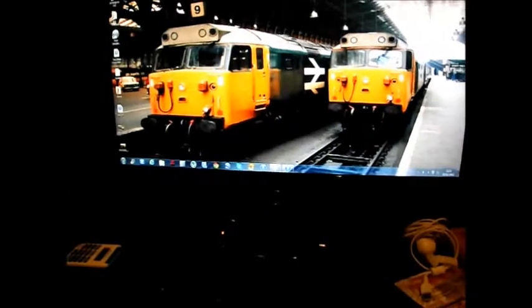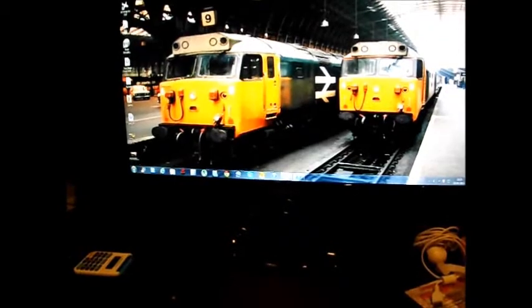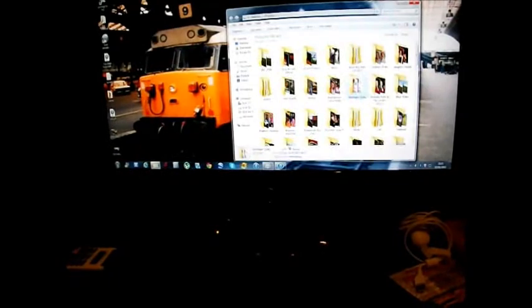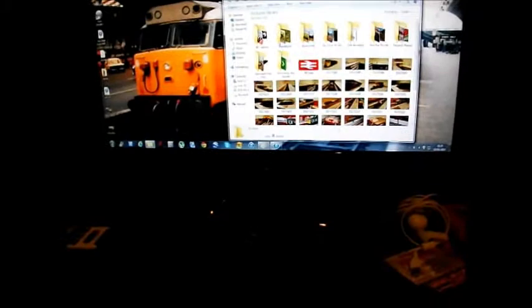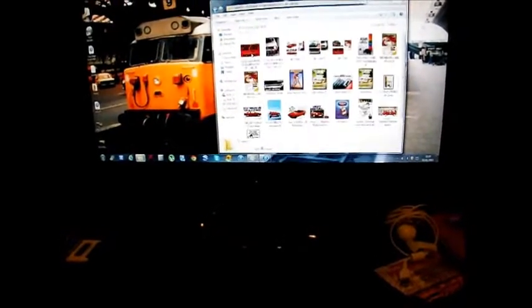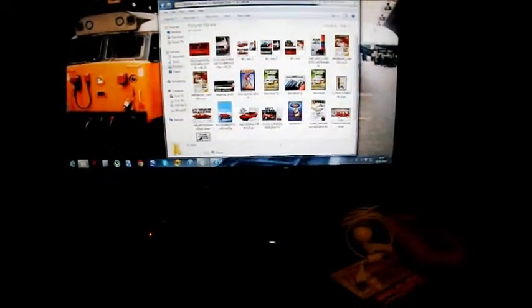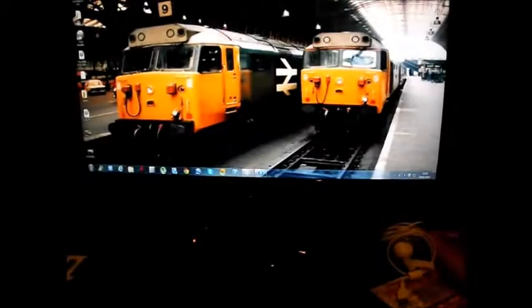Once you have it on your desktop, let me just get out of iTunes. What I've done next was I created, under my pictures, in my Berringer folder, a separate folder for 80s adverts, and all these pictures here are to do with all the 80s adverts that I've found along the web. And then I went into Paint,